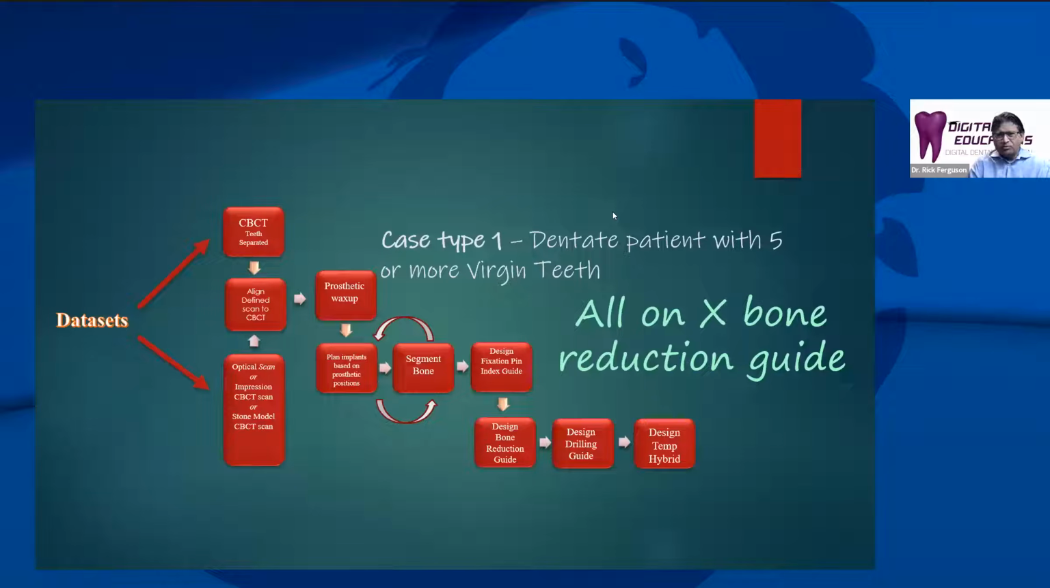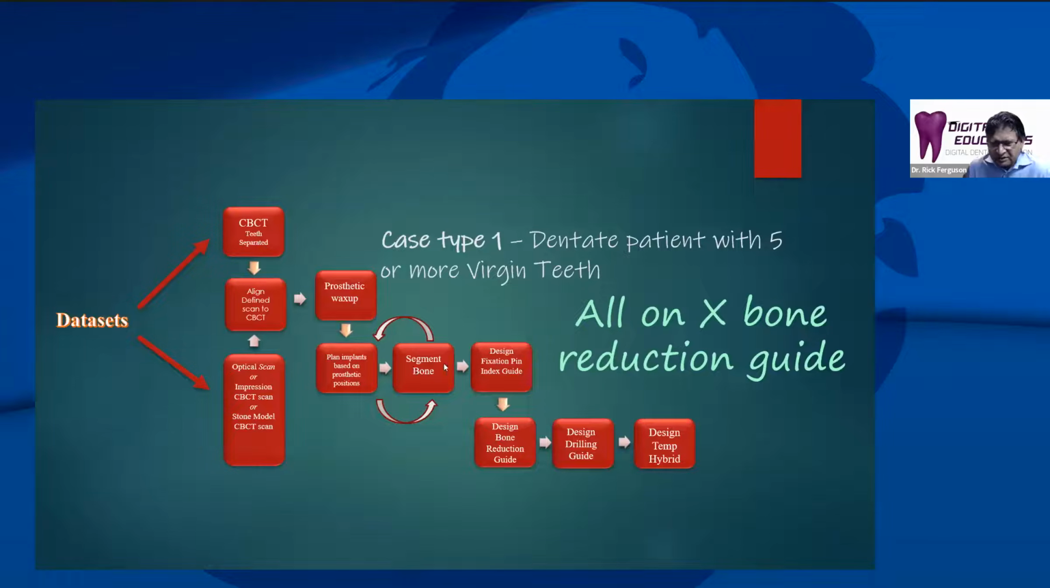Now, we have different types of case types. This is a classification system that I've come up with as far as case types, depending on what's in the patient's mouth, meaning do they have virgin teeth, or do they have a lot of restoration, such as zirconia or PFMs or gold crowns. So we have case type 1, which is a dentate patient with 5 or more virgin teeth. And basically what we're doing there is aligning the CBCT with an intraoral scan, doing a prosthetic wax up,